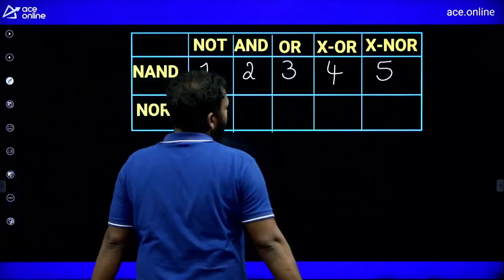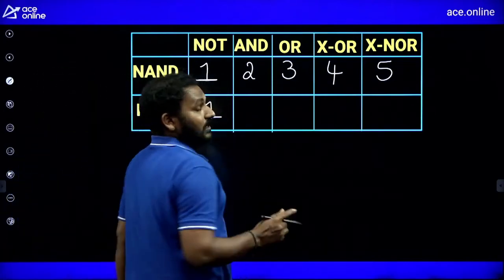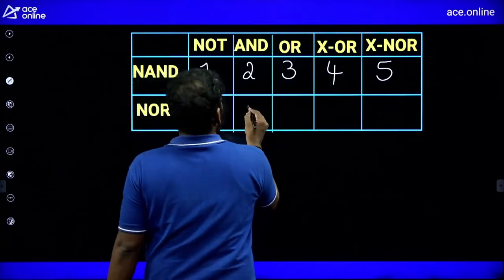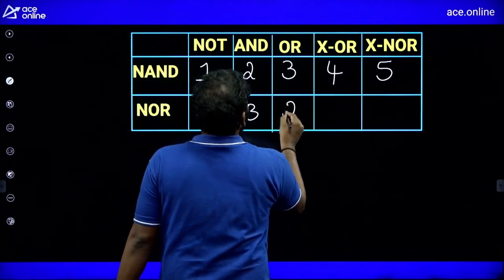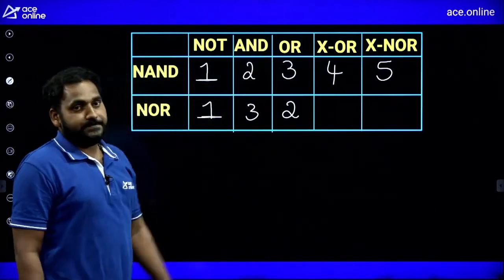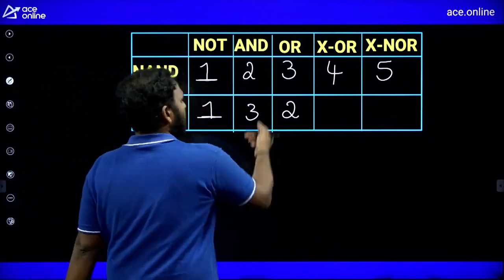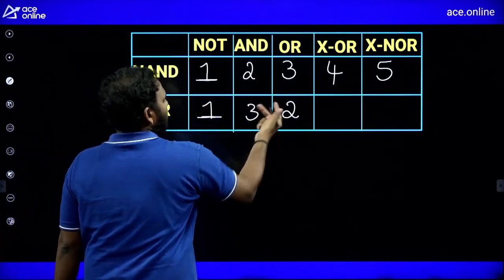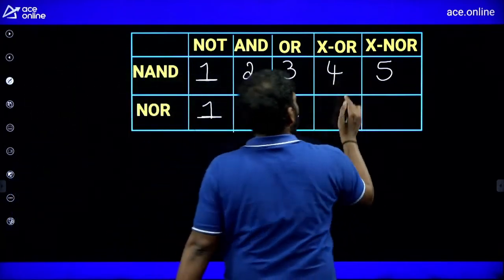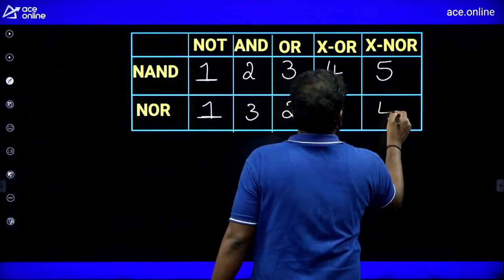For NOR, AND operation needs 3 NOR gates, but only 2 NOR gates for OR operation. That means numbers are reversed for AND and OR in case of NOR gate, similarly here also 5 and 4,